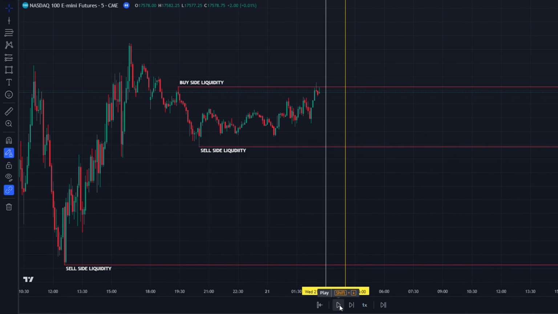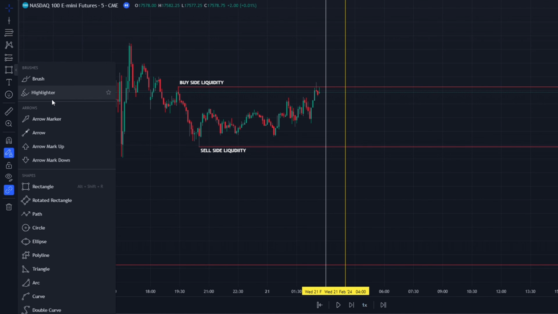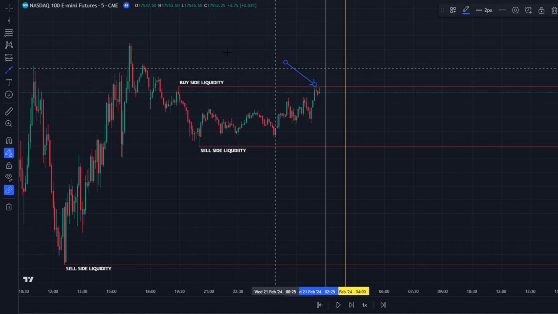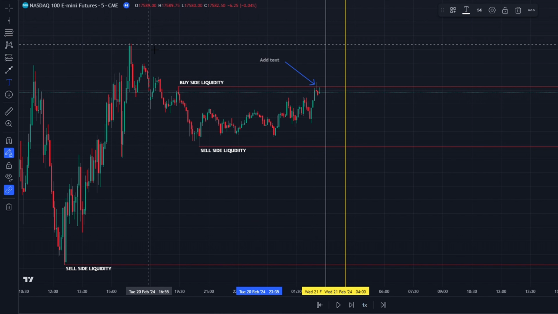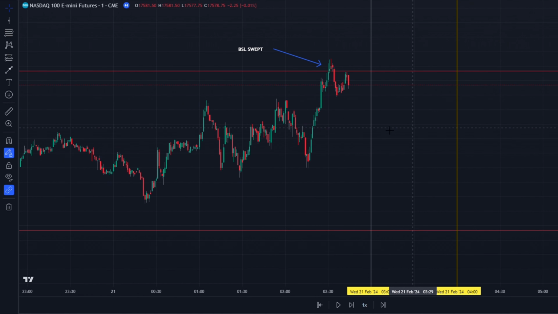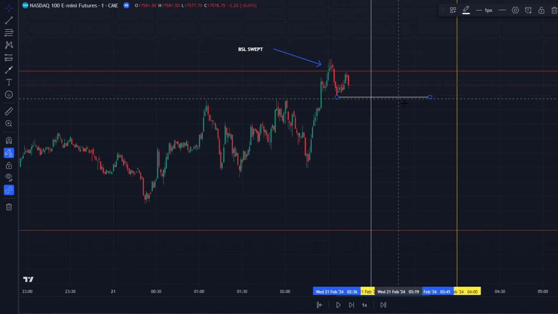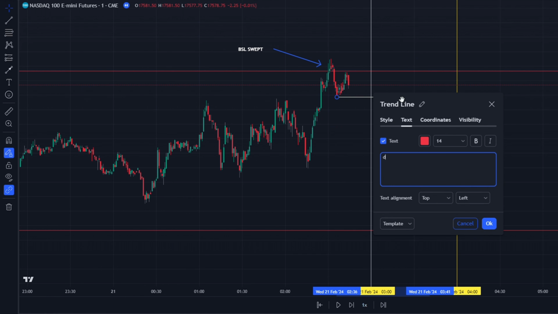Alright, so as you can see, prior to the London session, we can see that buy side's been swept. So we're just going to quickly label that on our chart. Just put something like "swept." Nice and simple. And then a displacement would be below this level here. So if we get a displacement below here,